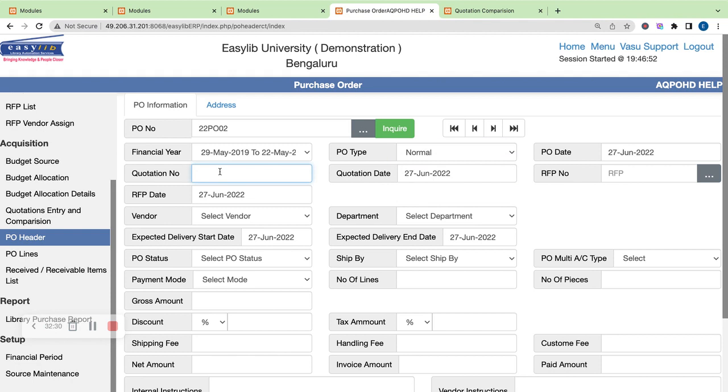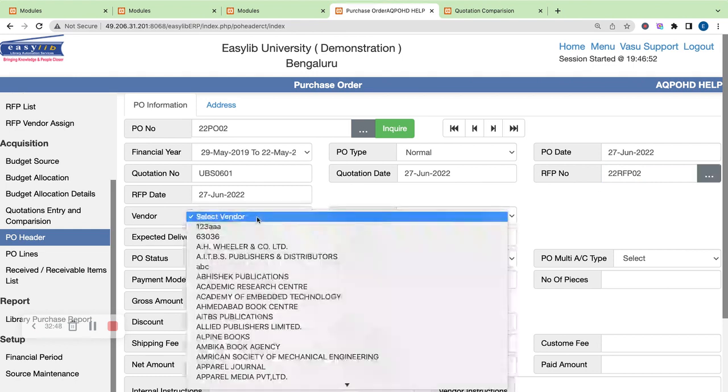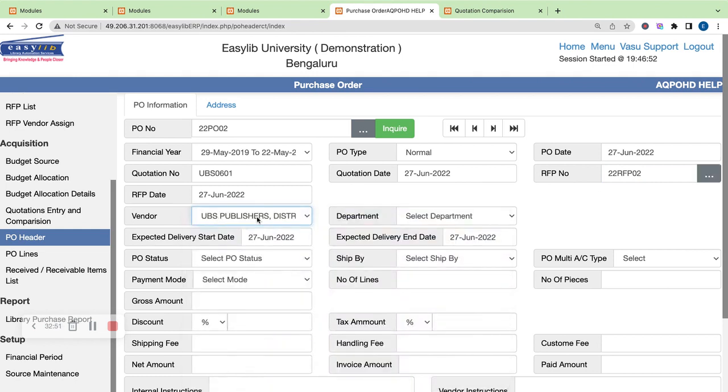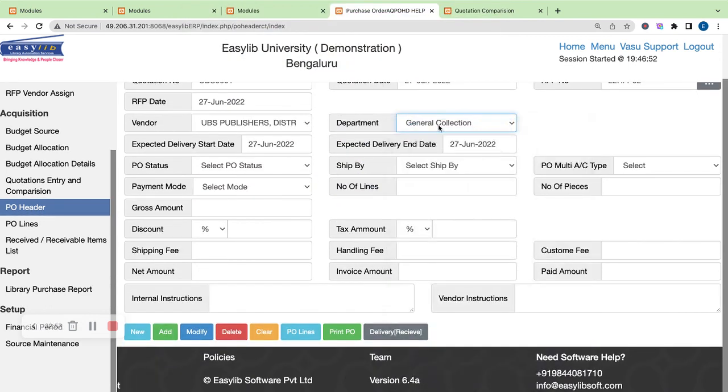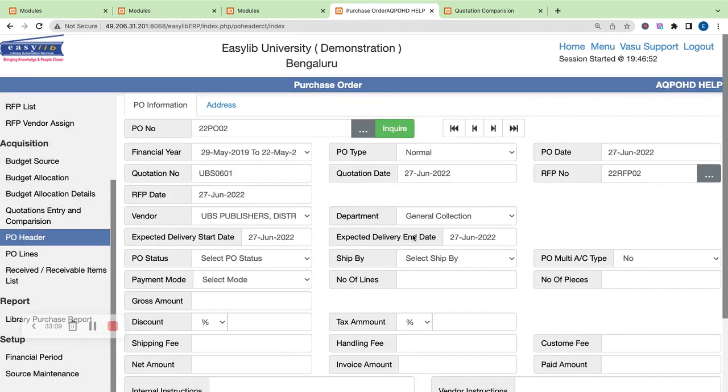PO date is today's date. Quotation. So this is UBS, right? So UBS had given a quotation, UBS 0601, and whatever date they had given. So you can choose it. And the RFP was 22 RFP 02, right? So that was the RFP and vendor. This is the most important one, whom you are going to give the order to. Here you are going to give the UBS, and department I am calling it as a general one, and any additional fields you want to enter here. Multi account type, at the moment you choose as a no, later we can change it. And now you add this particular RFP, sorry, particular purchase order. So now you created a purchase order